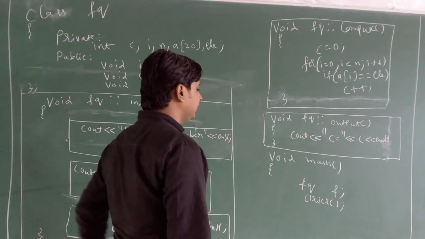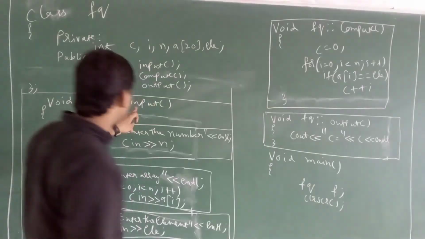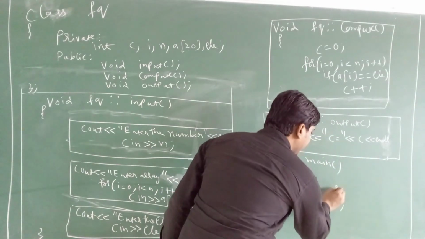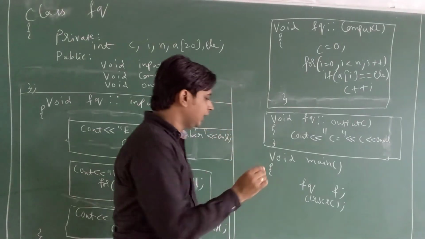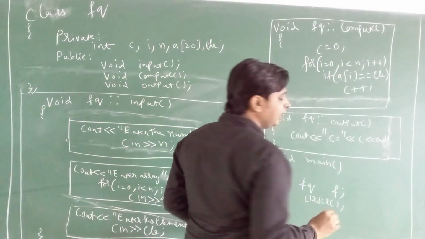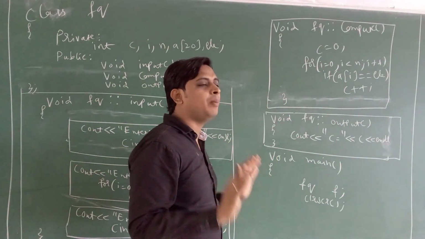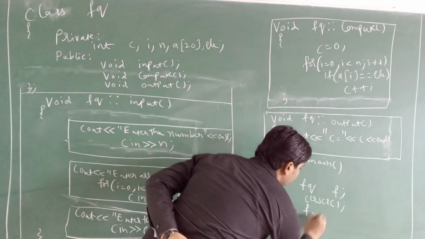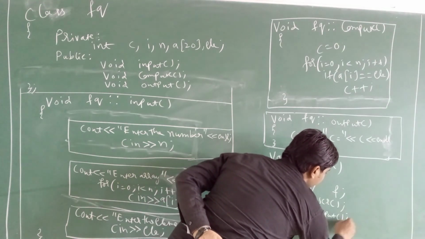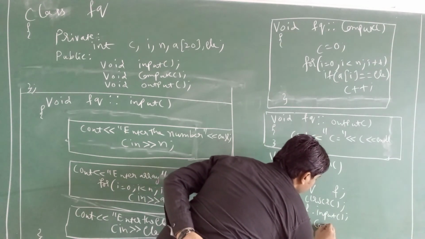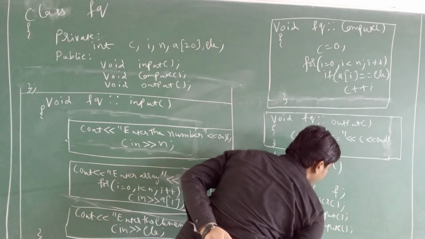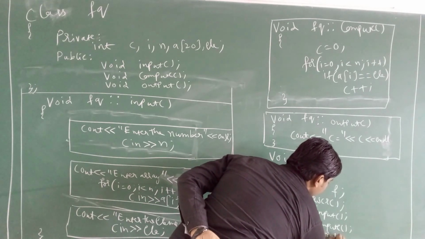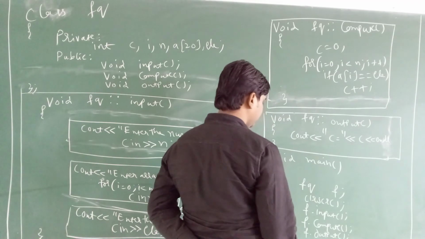With semicolon. Then these three functions you have to call. What are they? Input, compute and output you have to call, using your object. Using your object you have to call these three functions: input, compute, that is the logic, and output. This will be common for the first 5 programs. That is very easy. Just write f dot input, f dot compute. Do not forget the dot, otherwise you directly get 0 for it. f dot output.